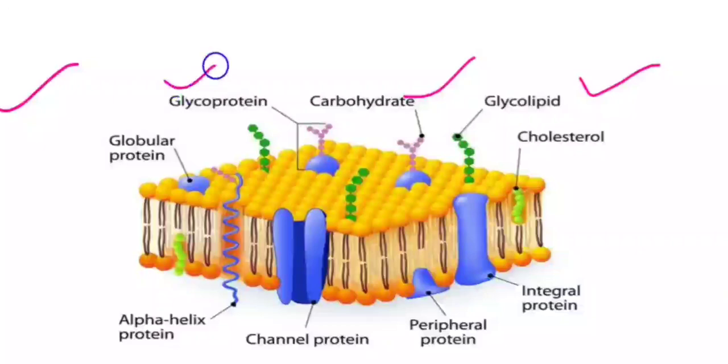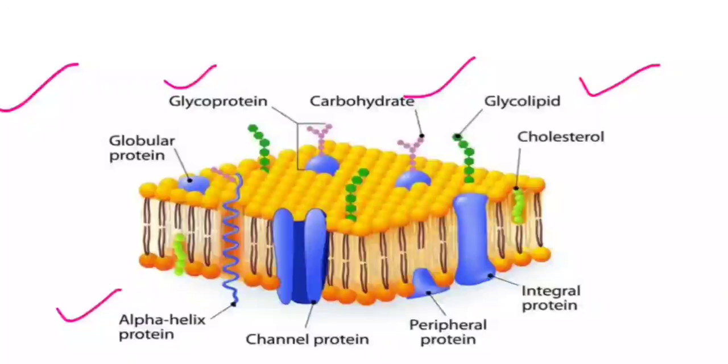Here the glycoproteins जो ब्लू कलर से आपको दिख रहे हैं, these are the integral proteins. और ये जो इंटेग्रल प्रोटीन है अगर इसके साथ कार्बोहाइड्रेट यूनिट जुड़ा हुआ है तो this is known as glycoprotein. Here you can see alpha helix protein. These are the arrangements of protein. प्रोटीन की जब स्ट्रक्चर बनती है उसमें हम कहते हैं there is primary structure, there is secondary structure. तो सेकेंडरी स्ट्रक्चर में प्रोटीन अल्फा हेलिक्स बनाता है, तो here it is written alpha helix protein.